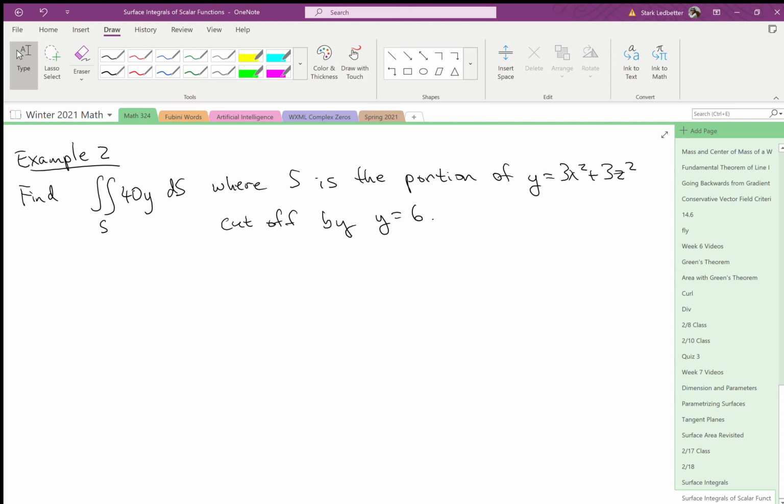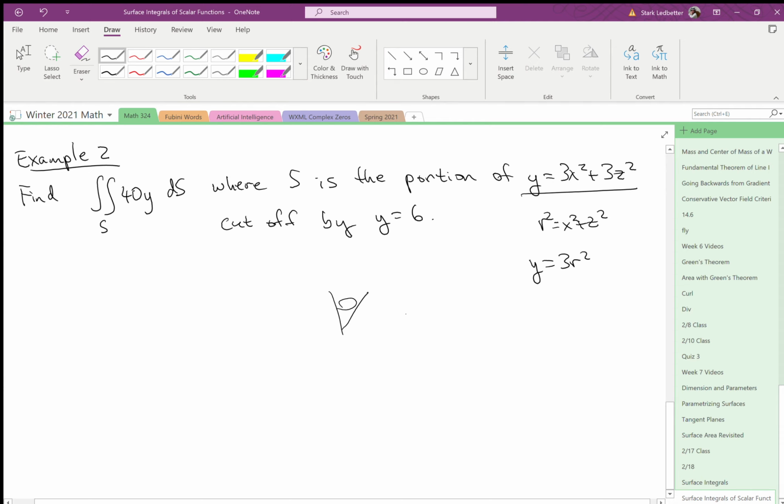So here's another different example. We want to calculate another surface integral where the surface is now the portion of this curve, which is a paraboloid. If you can't remember that it's a paraboloid, think of it like if r squared is x squared plus z squared, if it were polar in a strange coordinate sense, then y equals 3r squared. So just equaling something times r would be a cone. Equaling r squared should be like a rotated parabola. Cone is a rotated line. Okay, so that can help you figure out that that's a paraboloid if you don't remember, and then cut off